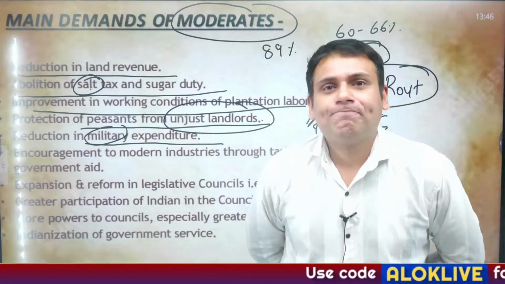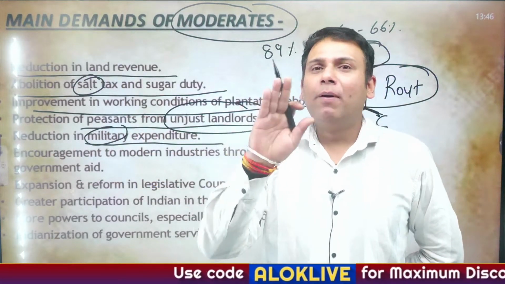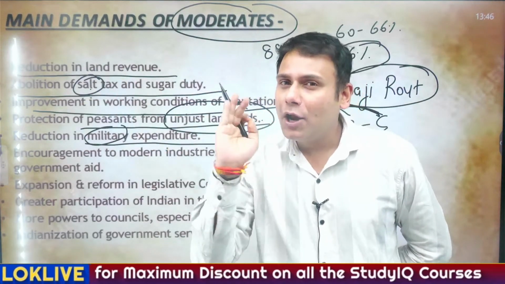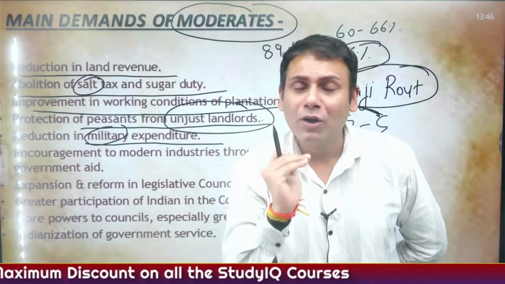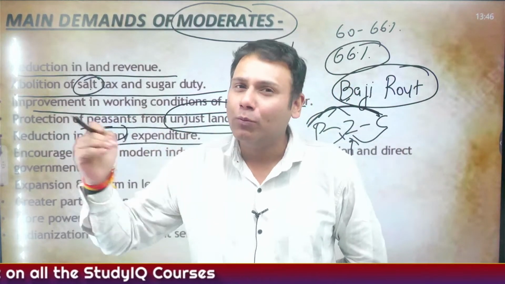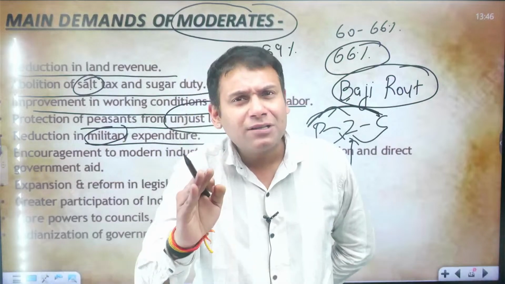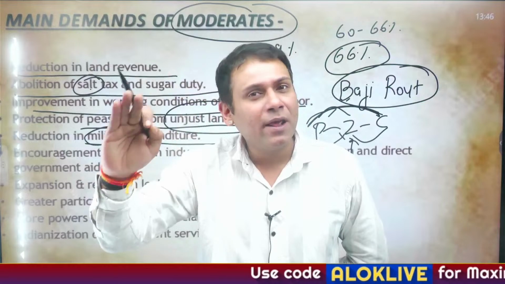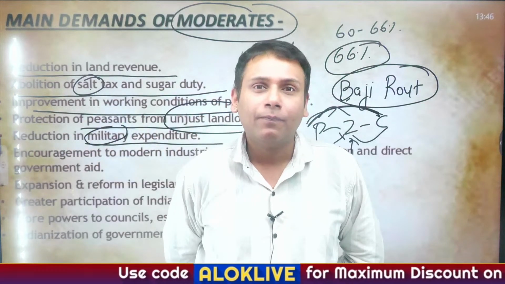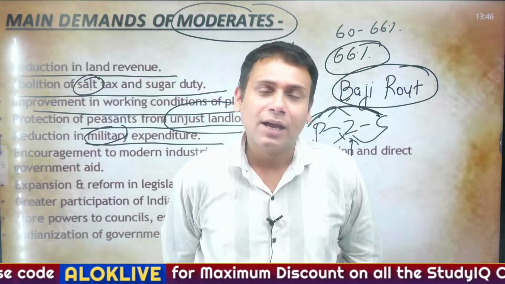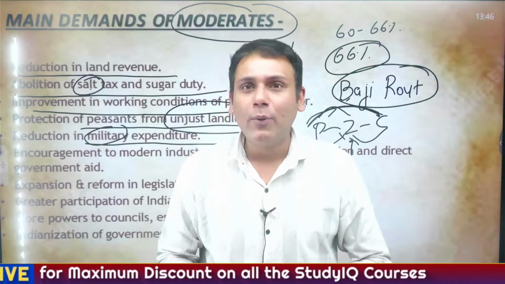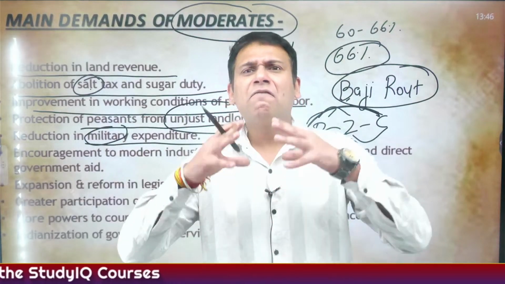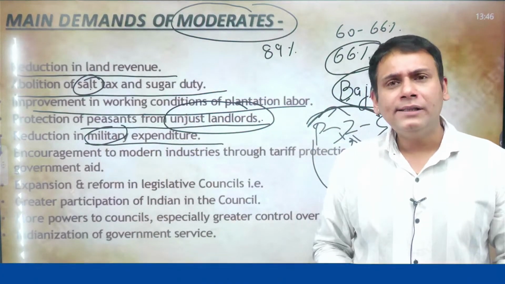As I've told you, the Britishers' home charges, if you remember the drain of wealth theory. In the drain of wealth theory, we had studied one concept called home charges. And what are home charges? Britishers were fighting the game of expansionism, the game of imperialism throughout the world. And they were majorly fighting with France. Hence, the war between Britain and France is referred to as a global war. Why? They were fighting throughout the world for colonies.